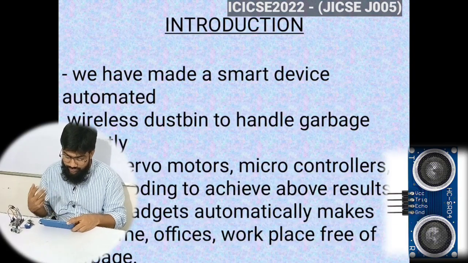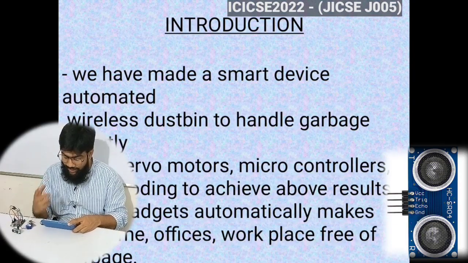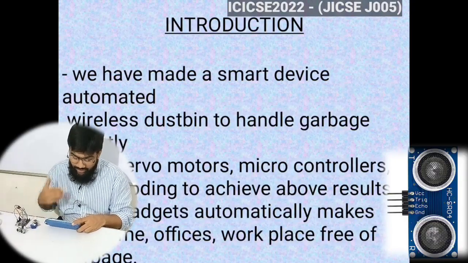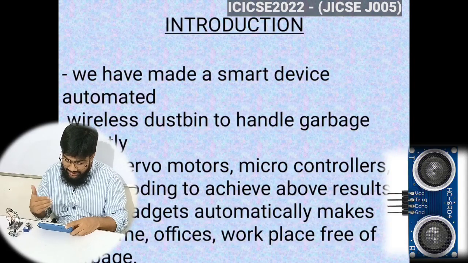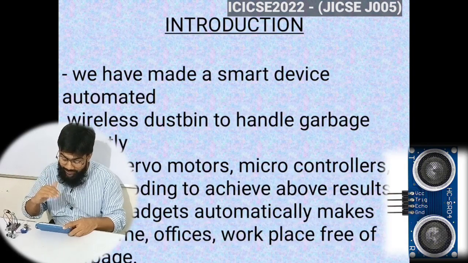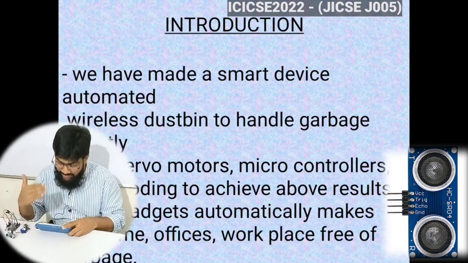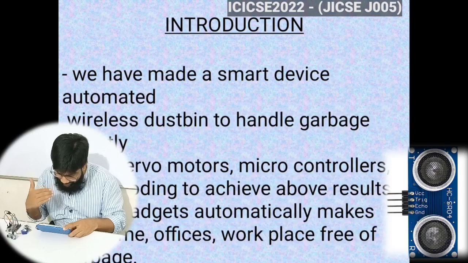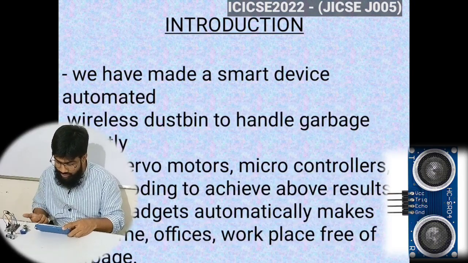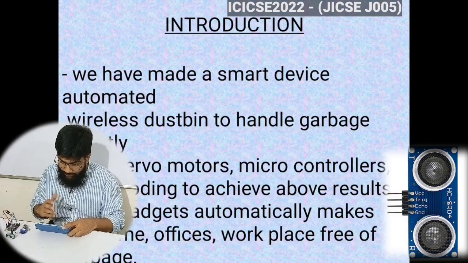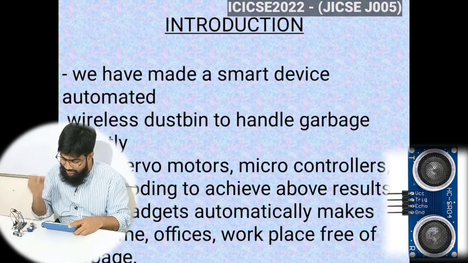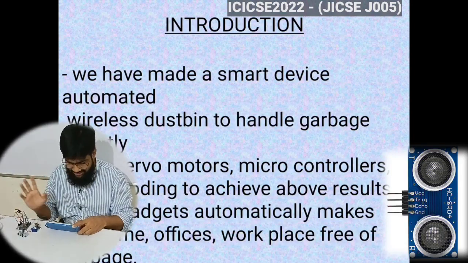In our project we are using two ultrasonic sensors, one attached on the outer side of the bin and one placed inside the bin. The outer ultrasonic sensor is just to open the flip. If you go near the bin, the outer ultrasonic sensor sends a signal to the microcontroller, which gives output to the servo motor, and the servo motor flips the lid, and you can throw your garbage in. The first thing has been executed.